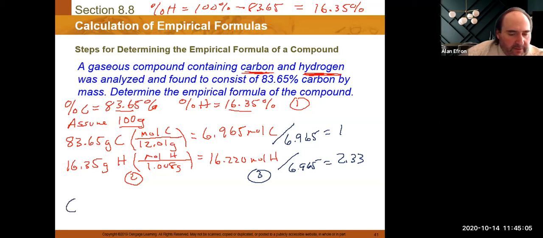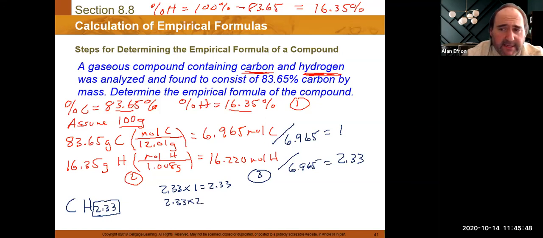At this point, our empirical formula would be C1H2.33. Now, hopefully, when you look at this, you will recognize that this is not the proper empirical formula because it is not all whole numbers. Also, with 2.33, that 0.33 is too far away to round to either 2 or 3. So we do need to clear that 2.33. Again, we could do that by trial and error. 2.33 times 1 is 2.33. If we take 2.33 times 2,